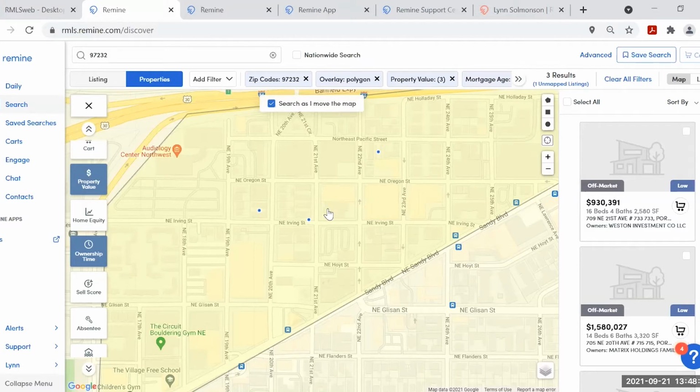And in this current market, it's a great time to list a nice property because we know there are not a lot of listings right now. Inventory is really low. Days on market is getting smaller and smaller. It's a great time to sell. So I'm going to reach out. I've narrowed this from 131 properties down to 3 based on the filters that I have added.